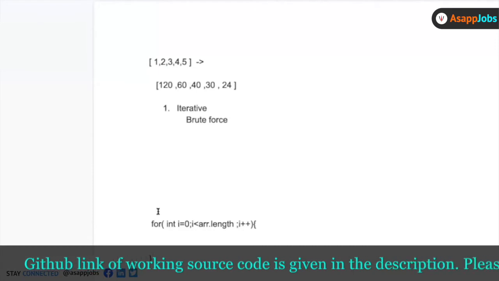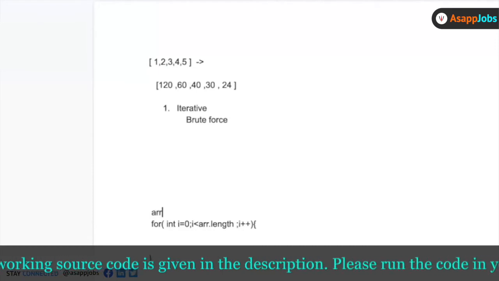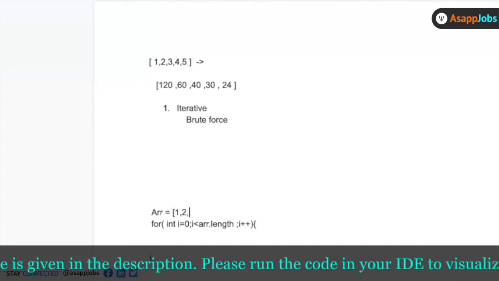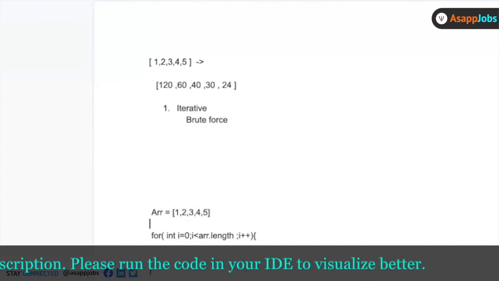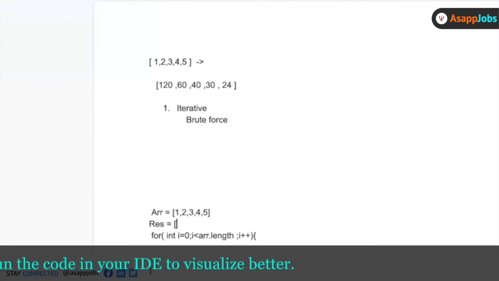Suppose this is my given array, which is 1, 2, 3, 4, 5, and then I have a result array which has to be created.